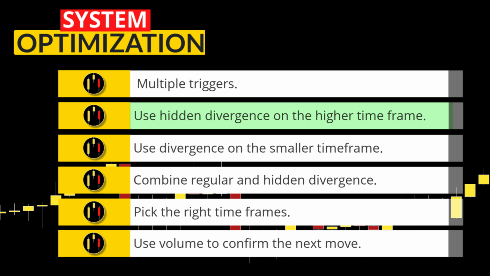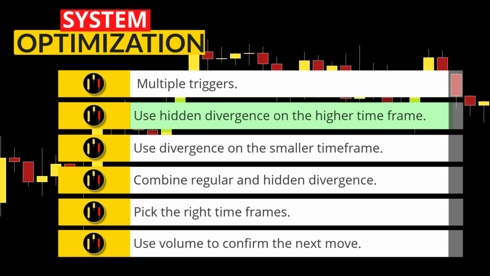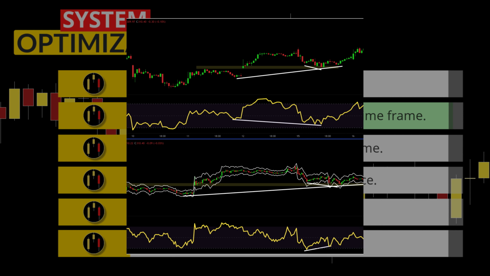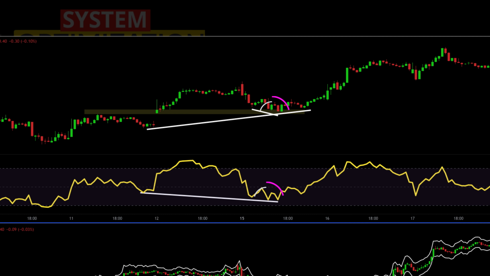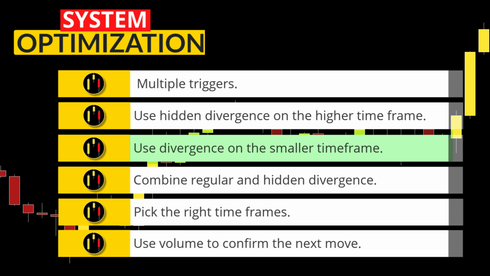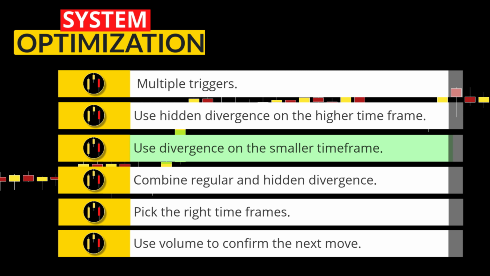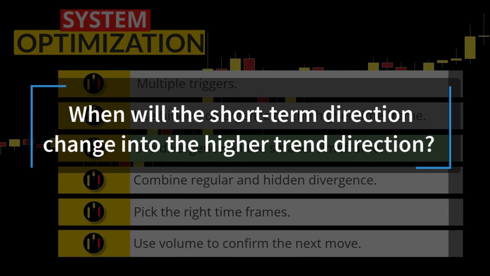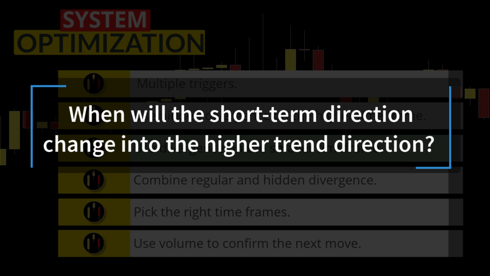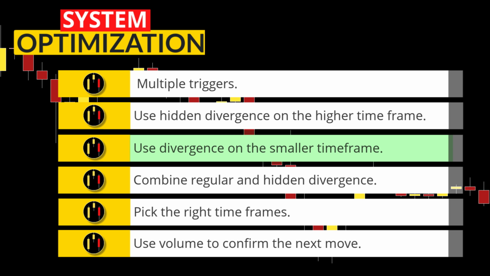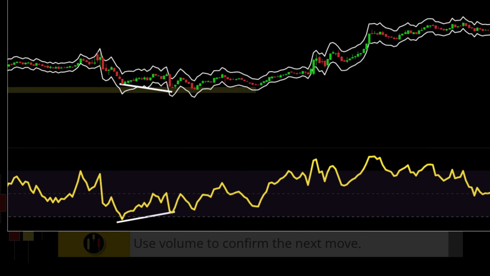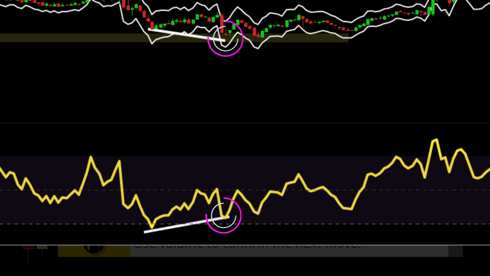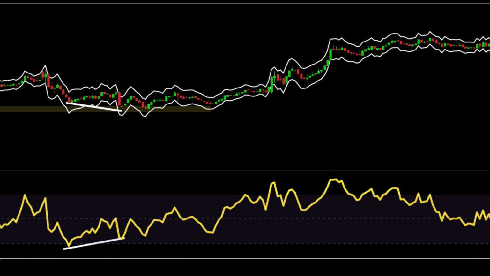The next item you can add is hidden divergence on an oscillator like the RSI. On the higher time frame, we can see a lower low on the RSI and a higher low on price. This is hidden divergence and portends a trend continuation. In addition, when going down on the smaller time frames, regular divergence can forecast a change in the short-term trend, and thus a continuation of the higher time frame trend. Here we can see a higher low on the RSI and a lower low on price, which indicates a weakening